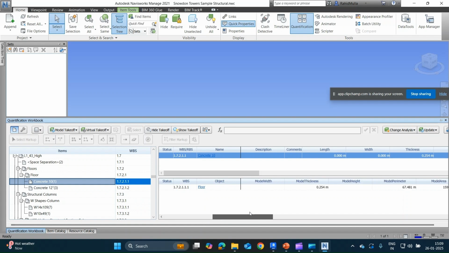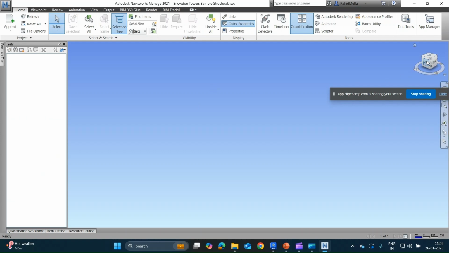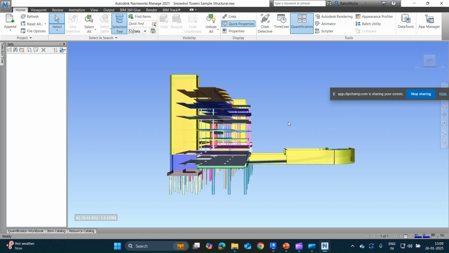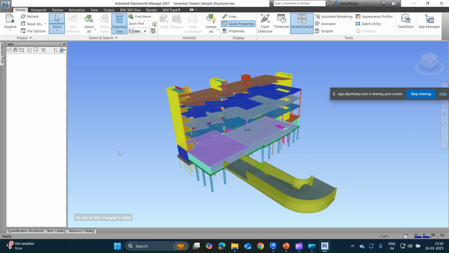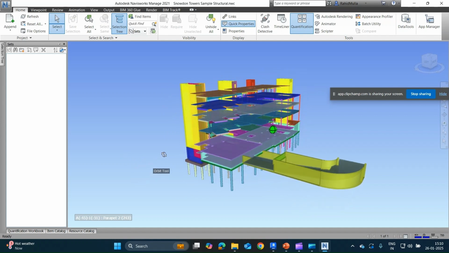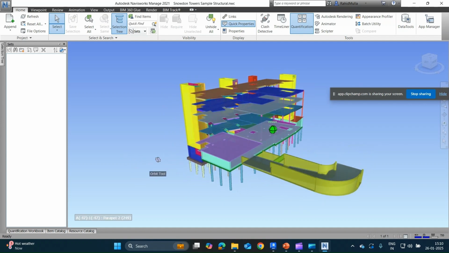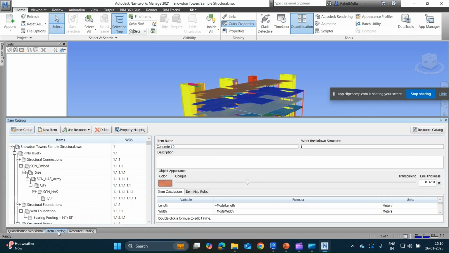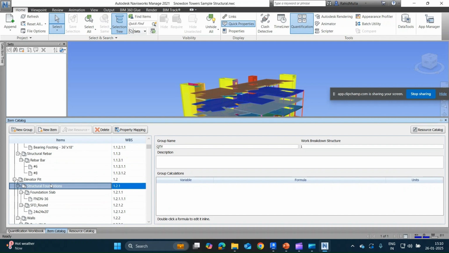So if we go to floor here, you can see that thickness, perimeter, weight, as well as other relevant information Navis has added, and I can see that my entire project has become colorful. Okay, so here Navis is giving me information about what color Navis has assigned to the particular elements here. Okay, so